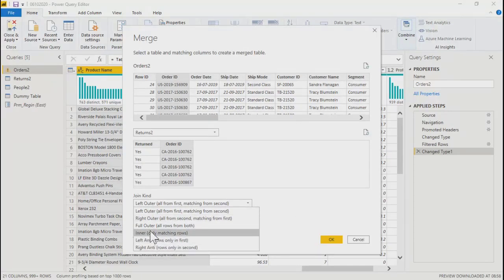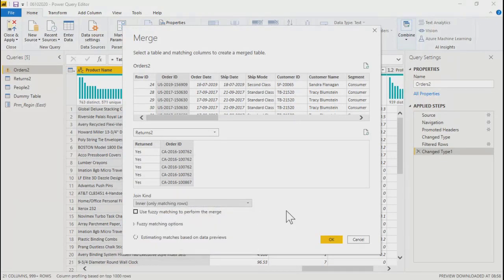So maybe let's say if I select inner join, what it does is it gives you only the matching records. So if it has 149 records matching, as a result, it is going to give me only 149 records in the next step here, right? It is the join we are talking about. It is not union.